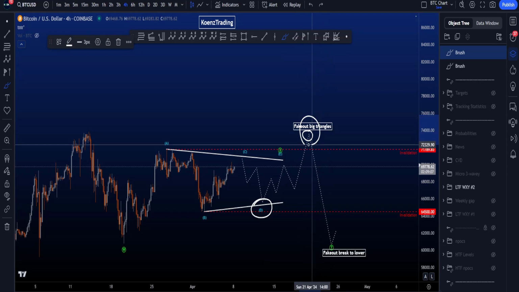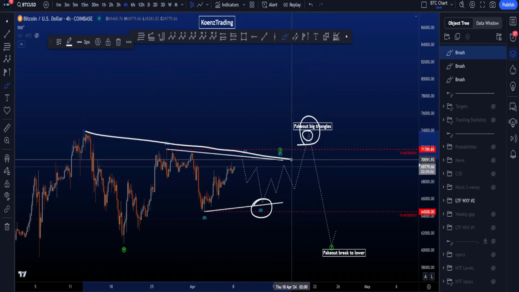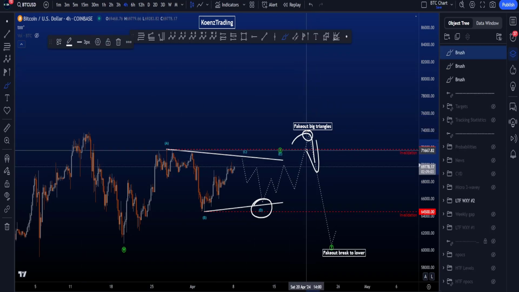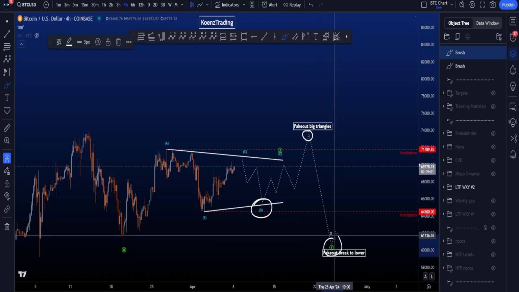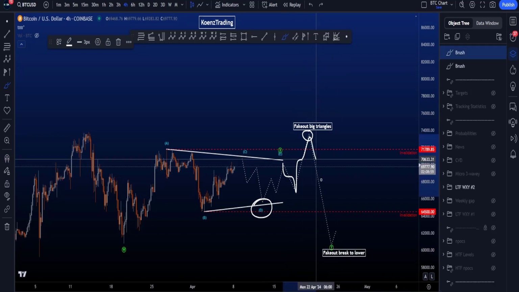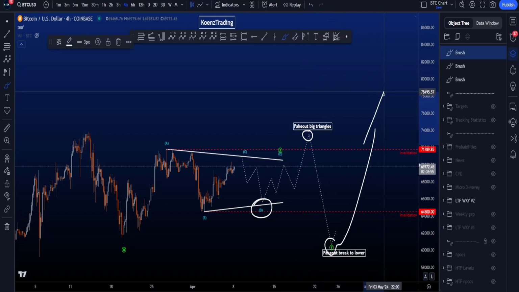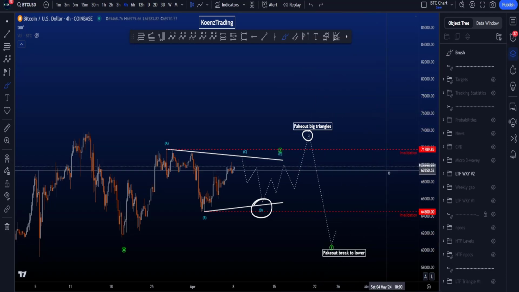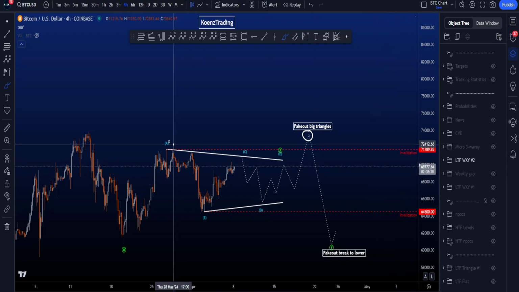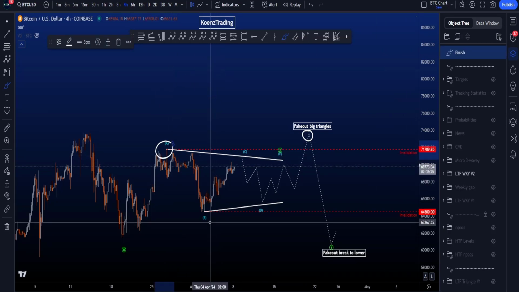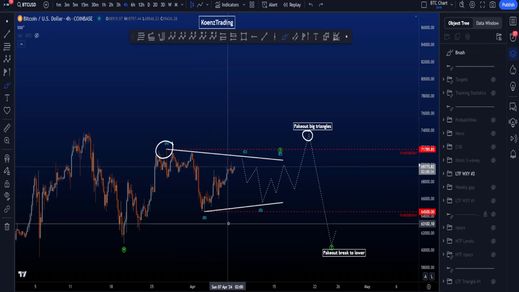continuation. We move above the triangle trend line and then move back down again in a flat structure for this wave Y. 3 wave A, 3 wave B, 5 wave C to the downside to finish wave Y, and then we look back towards the upside. The invalidation for this scenario is price moving above the high here of this wave A or below the low